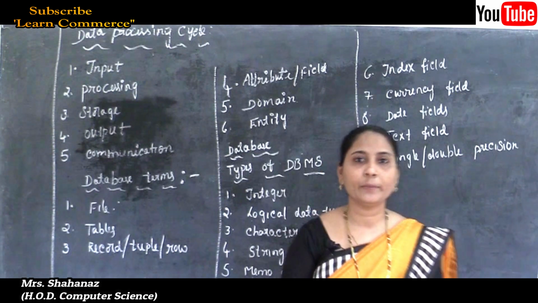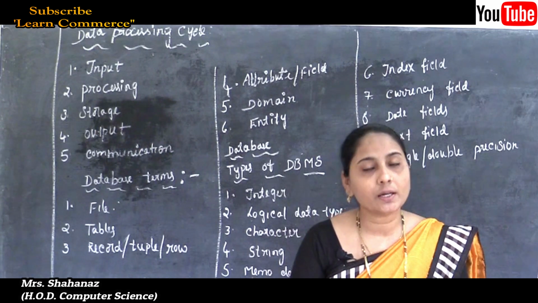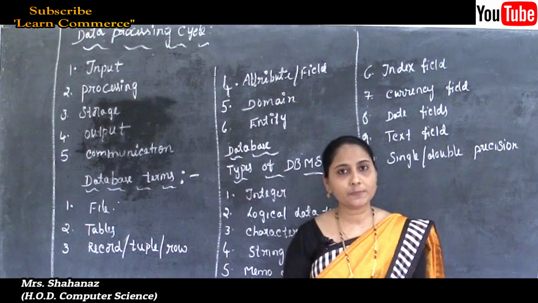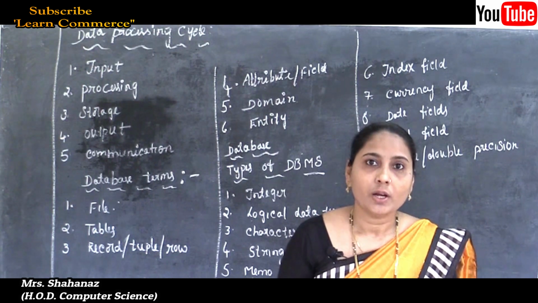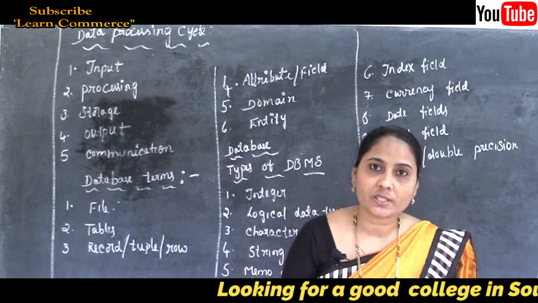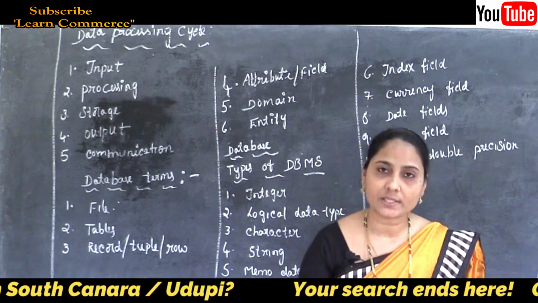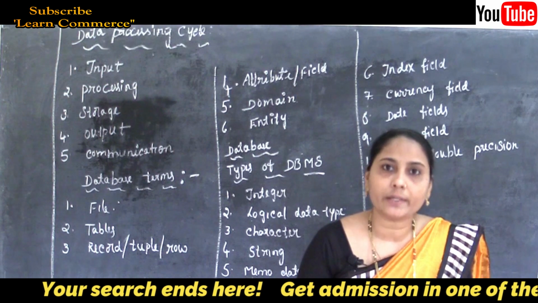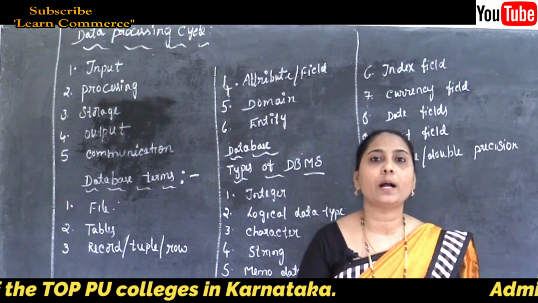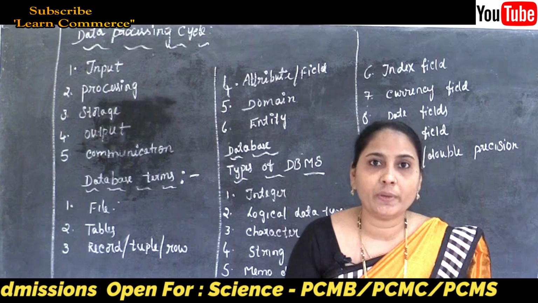Welcome to our second PU Computer Science online classes. In last class, we already learned some important topics about our database concept: the meaning of database, the differences between manual data processing and electronic or computerized data processing, the meaning of manual data processing, and also the meaning of computerized, that is computer files data processing,